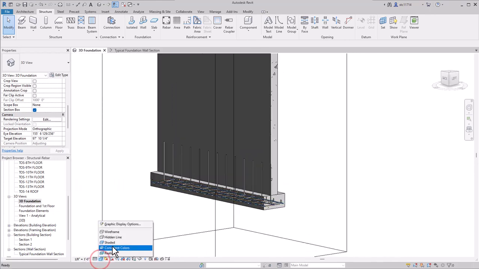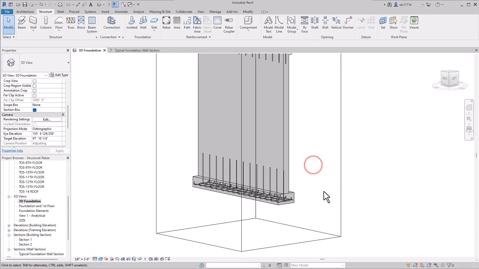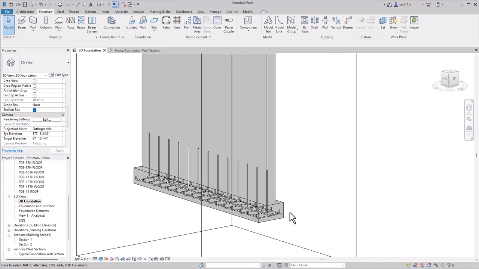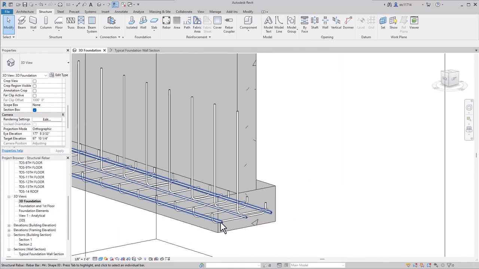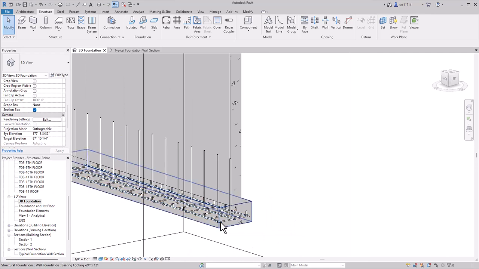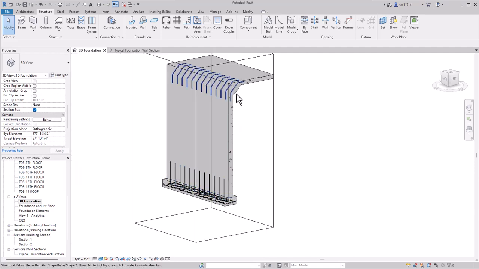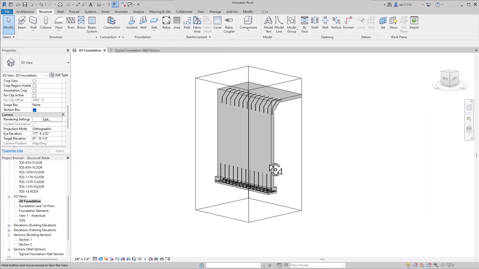Now if I zoom in, I can actually see the thickness of those members. I'm going to go ahead and change my shading to consistent colors as well to make that a little more easy to view. So now we can see these members that were going lengthwise along the footing, and then these members that were every 10 inches, and then the other two sets that were every 12 inches.